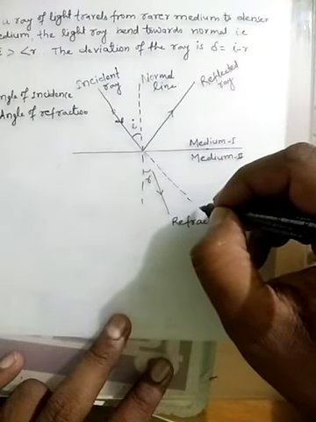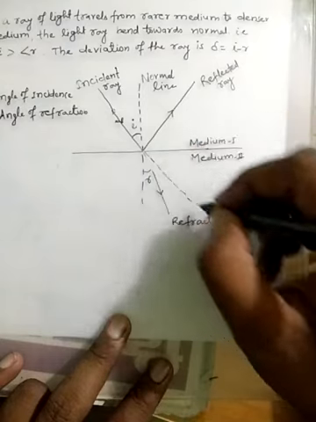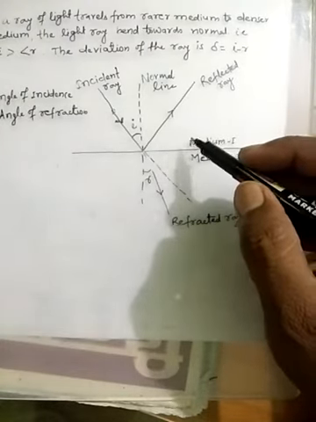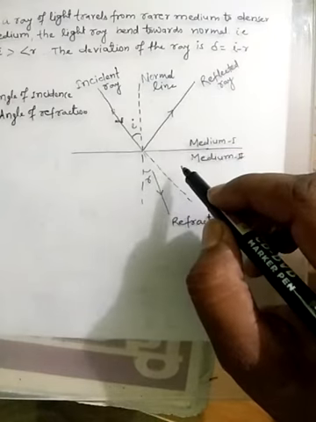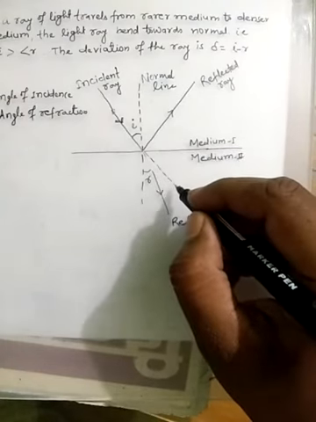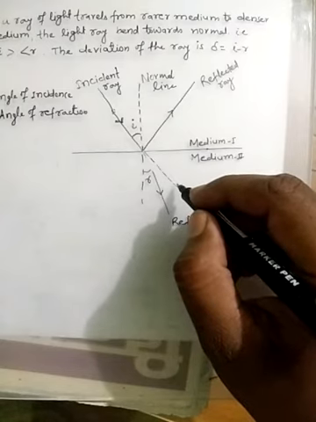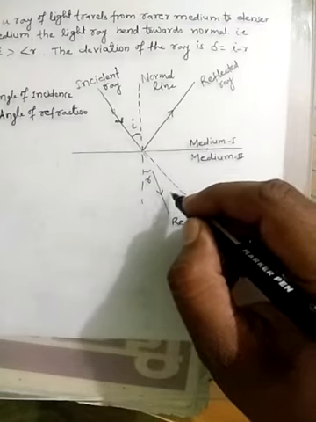This is the actual path of the light ray. But if the light rays travel from one medium to another medium, the direction of the path of light is deviated